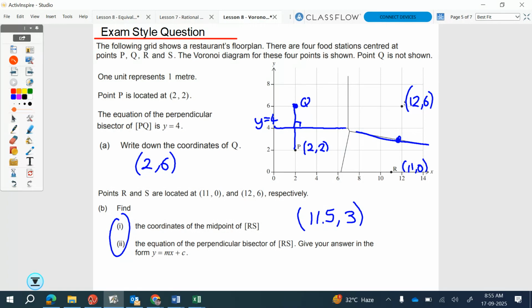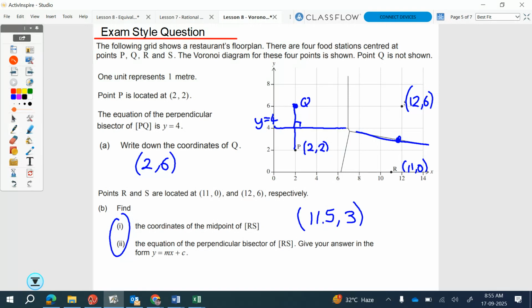But we need to get the gradient. How can we get the gradient? We only have 1 point on this line. We'll find the gradient from R and S, and then if we do the negative reciprocal,